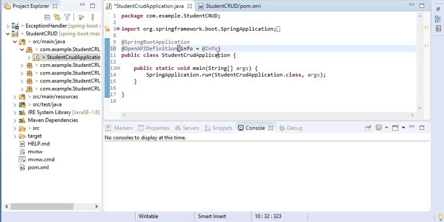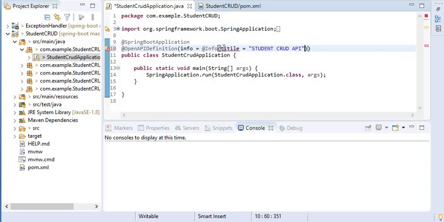Here I will pass the parameter as a title. We can give any name, that is Student CRUD API.